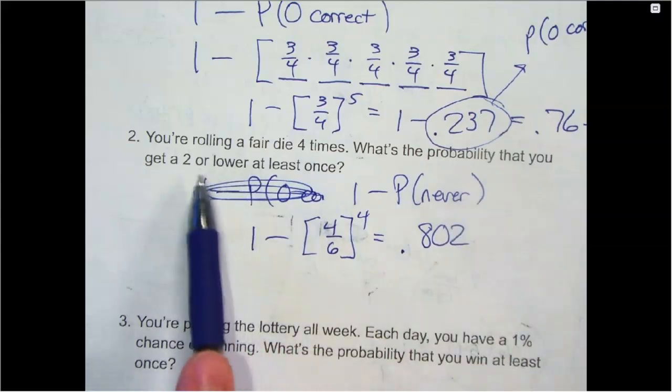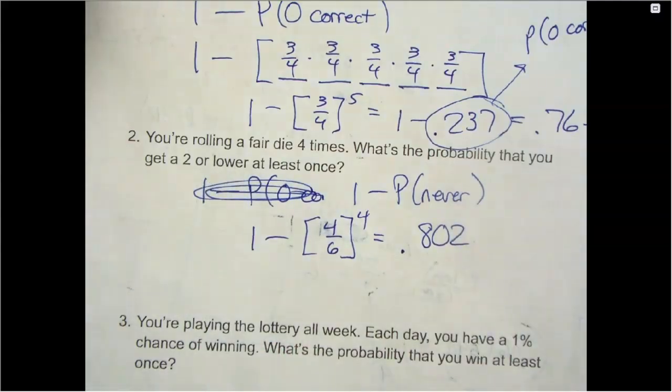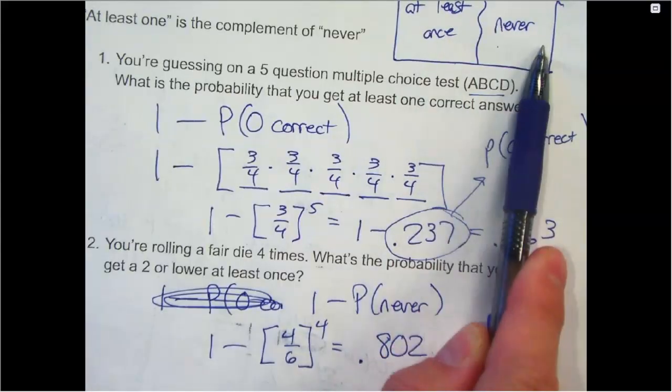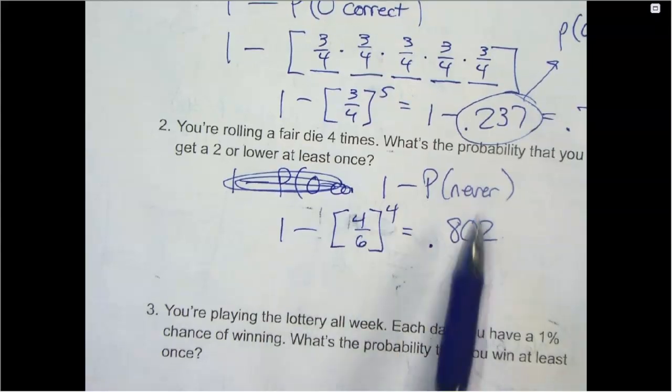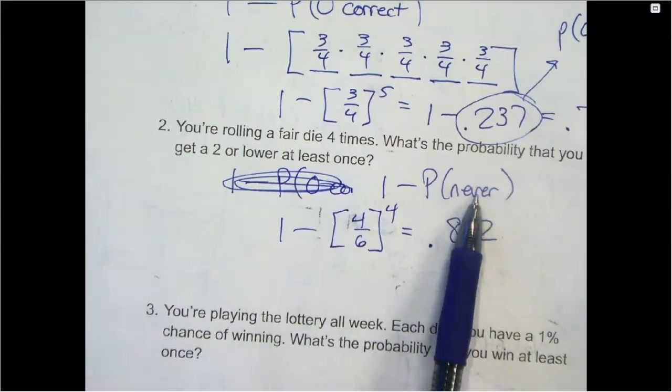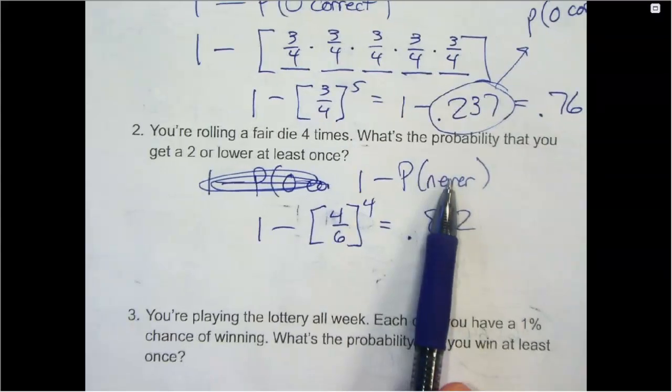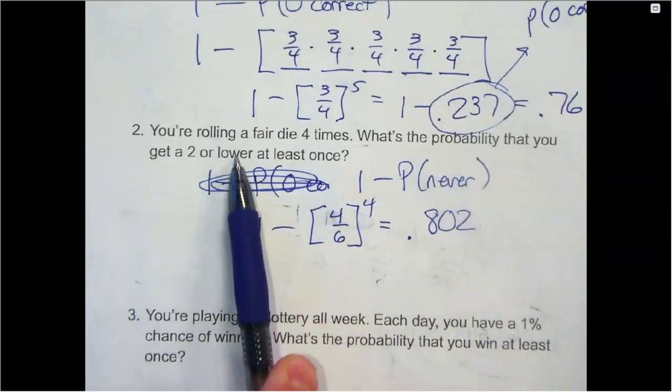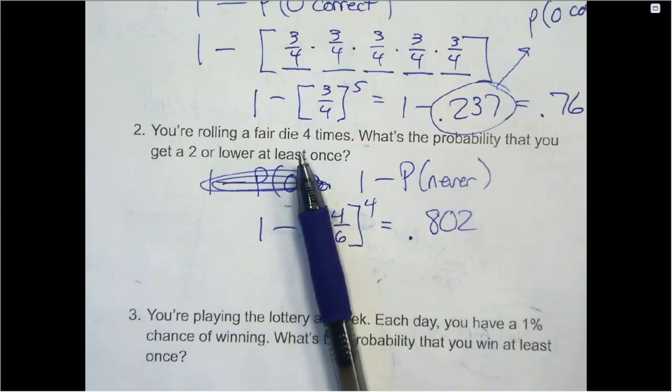So what's the probability of 2 or lower at least once? I could find the probability of 1, 2, 3, 4 successes, but that's a lot of work adding up those 4 things. I'm not going to do that. Instead of finding at least once, I'm going to find never, so I'm going to subtract out 1. For never, that means I want to fail all 4 times. 2 or lower is success, so if I get a 1 or a 2, that's success. 2 out of the 6 things on the die, I succeed. But I want to know the probability